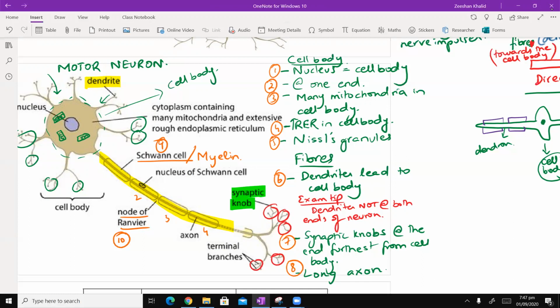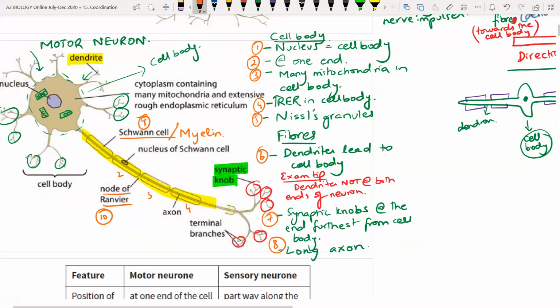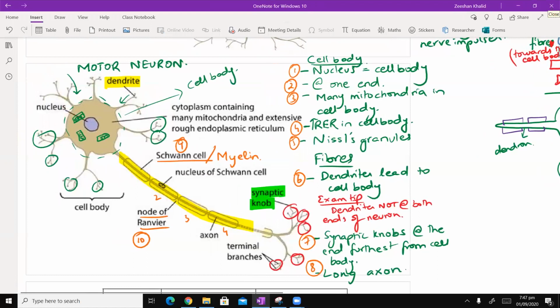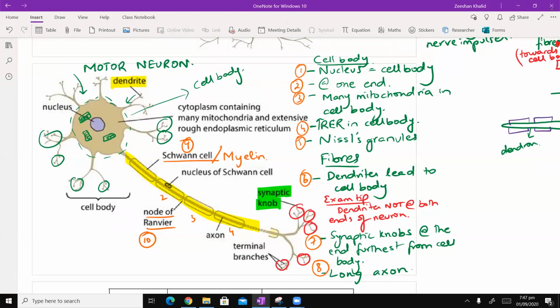Now, what is the function of a motor neuron? अगर मैं आपसे पूछूं, what is the function of motor neuron? What would your answer be? Yes, Zainab, what do you think? आप कल के notes देख सकती हैं. I have no issues, inshallah. Go back to your notes. Look at what the function of a motor neuron is supposed to be. So to carry nerve impulses. ठीक है, carry nerve impulses. अच्छा, from the central nervous system to the effector.